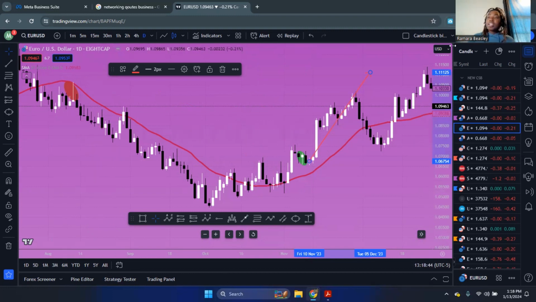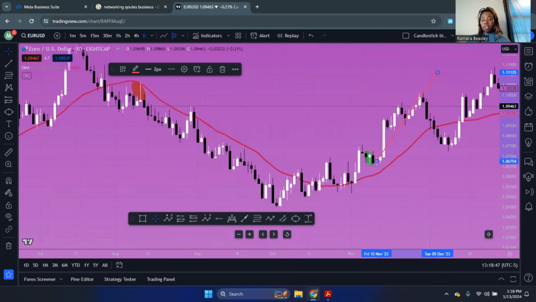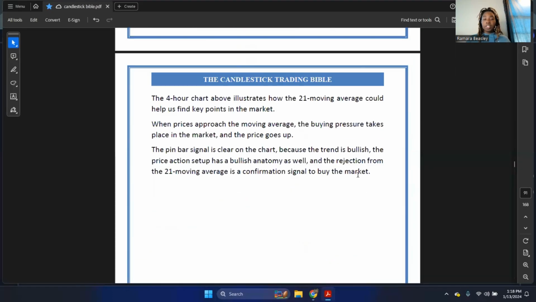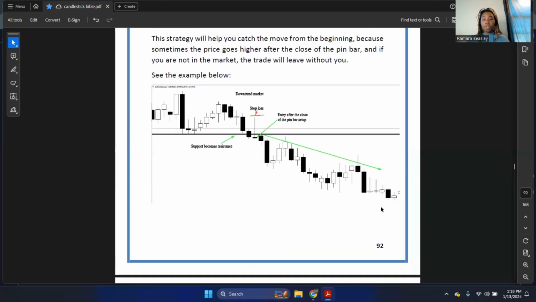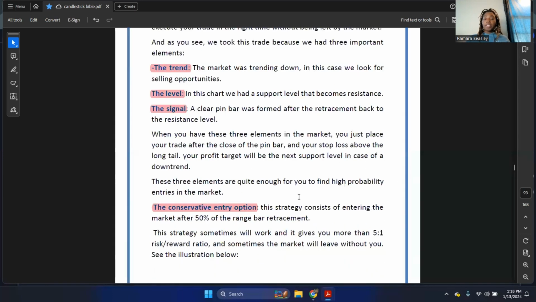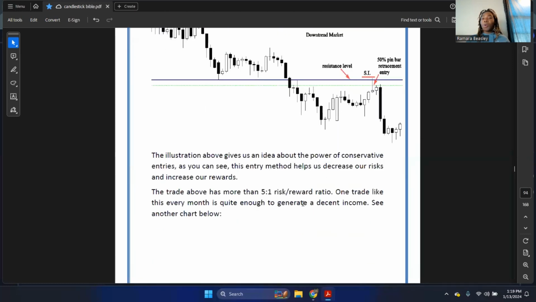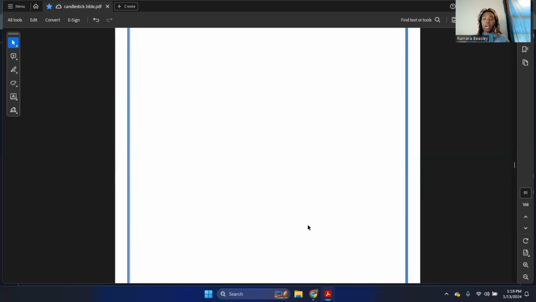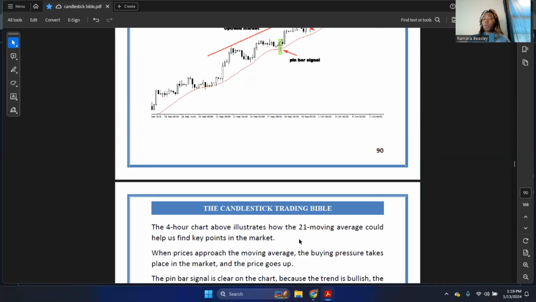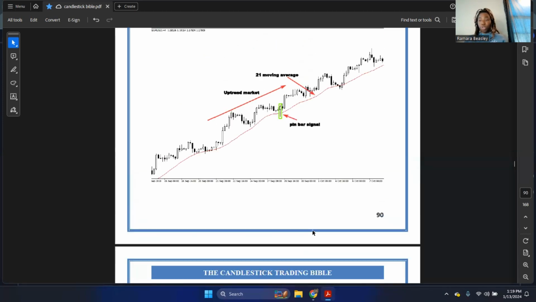All right. But now we're not going to go into the trading tactics. I'm going to leave that for the next videos because it talks about the stop loss and how to get that risk to reward ratio going. That's a little bit complex, but I want us to at least know how we can identify it, what technical tools we can use: support and resistance, supply and demand. And then we've got the 21 moving averages.